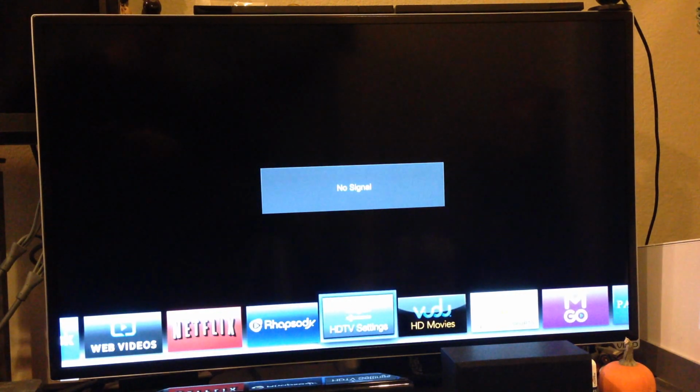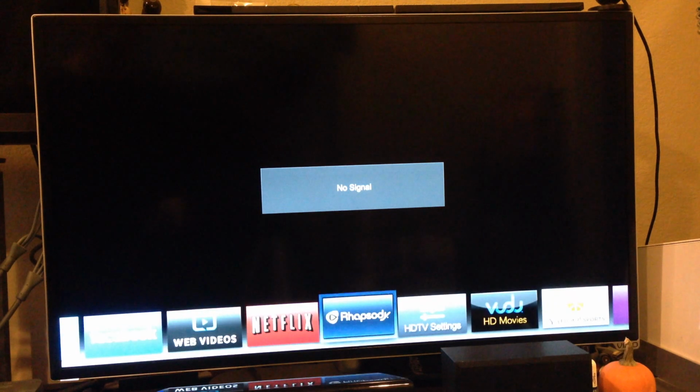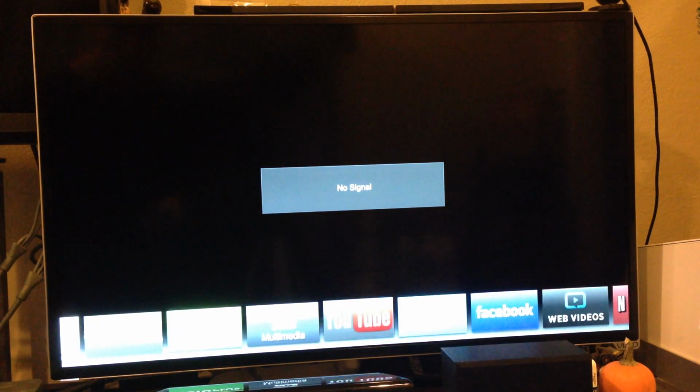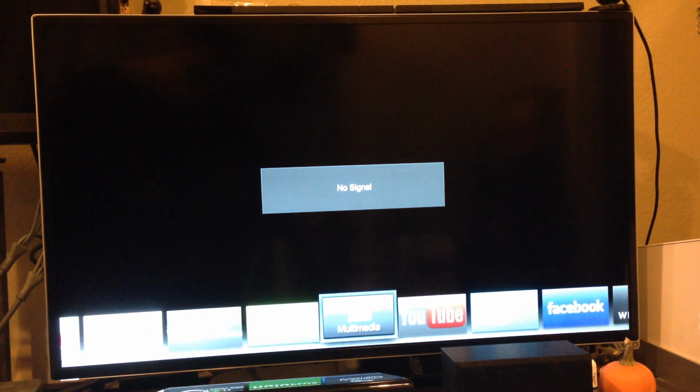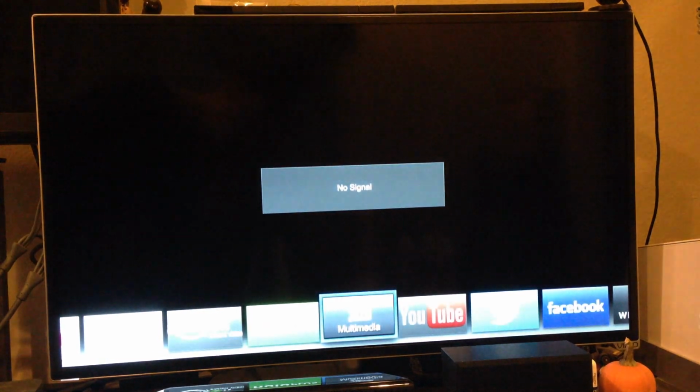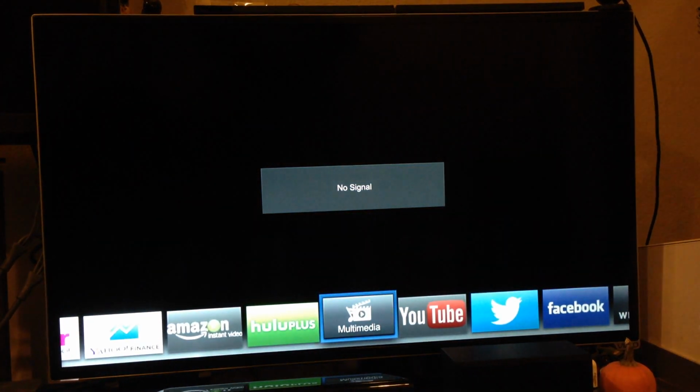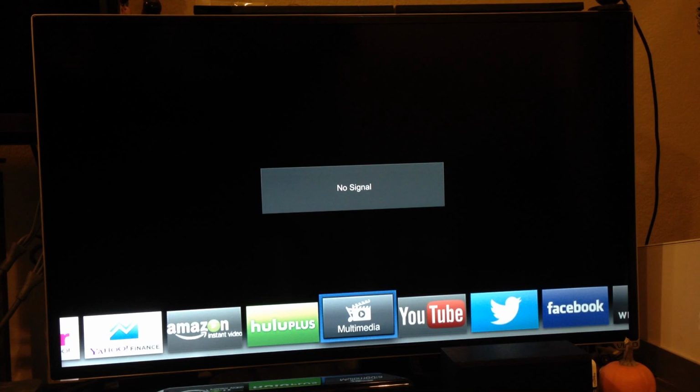Now let's go ahead and open up the menu again here and find Multimedia right here. This is another cool function. This is where the USB port comes in. So if we click into this,